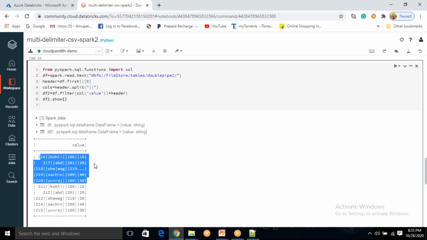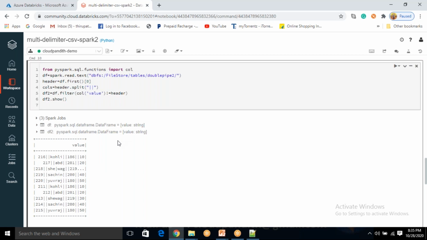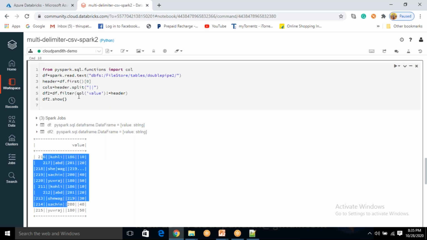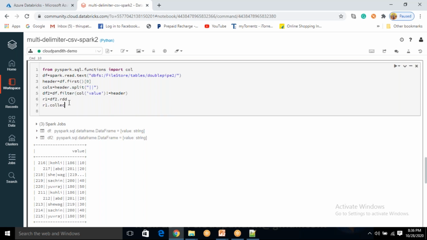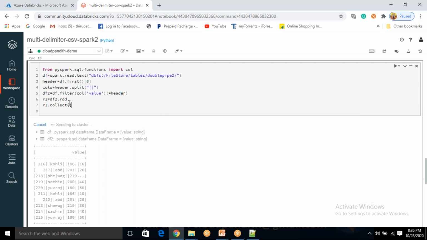When you are loading, like putting some content into the directory, the header names, the number of columns, data types, everything must be the same. That's why those headers are the same. When I say value not equal to header, the first file headers and second file headers both got filtered out. Now this data I need to split, I need to transform. For that you need to convert this data frame into an RDD. Once you convert it into an RDD, you see how this data will look. R1.collect. You don't have a show function on R1 like an RDD.